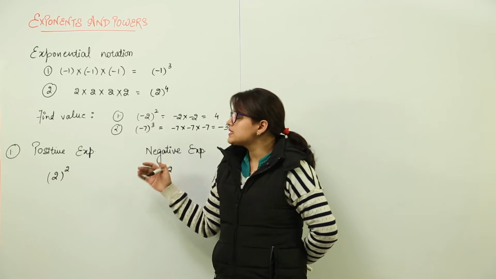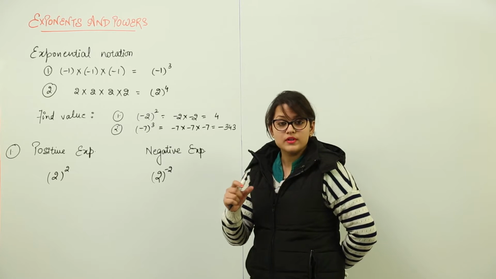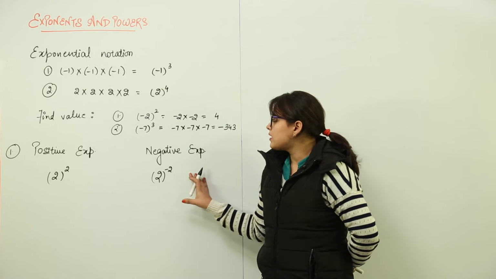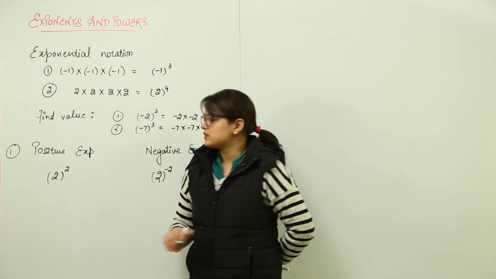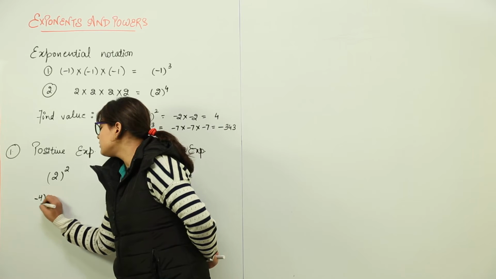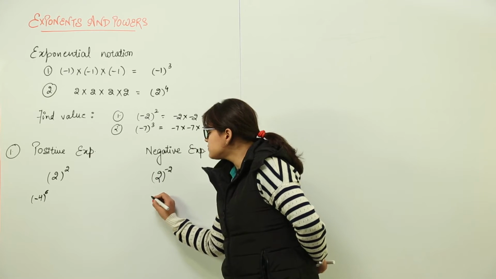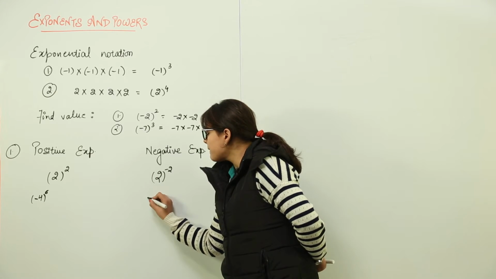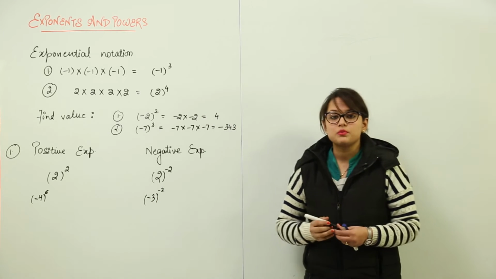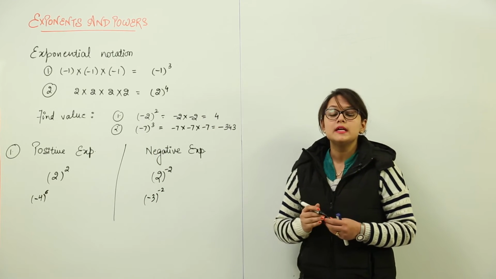So this is known as negative exponent. That means how do we decide whether an exponent is a positive or a negative one? Depending on the sign of its power. If the power is written positive, the exponent is positive. If the power is written negative, the exponent is negative. Can you give me some other examples? Yes, there can be so many. Minus 4 raised to power 6. This is positive. How would this be solved? Okay, the next one over here would be minus 3 raised to power minus 2. This is a negative exponent. So, I hope by this you have become clear with the concept of positive and negative exponents.